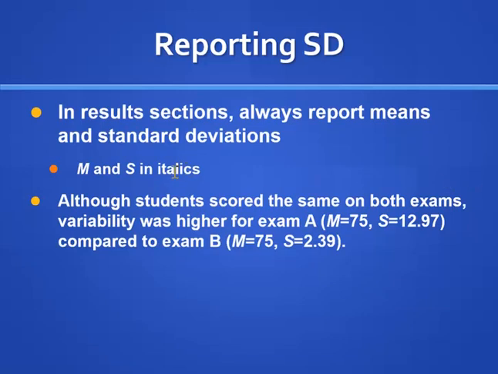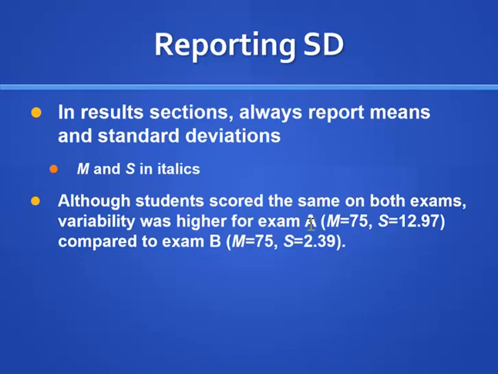And you should always report them in italics, an M for mean and S for standard deviation. They should be in italics. All of this is in parentheses. So here's a sort of example of what we just did. Of course, we haven't run a statistical test, so this is all I can really say about these two data sets. But I'm saying something to the effect of, although students scored the same on both exams, variability was higher